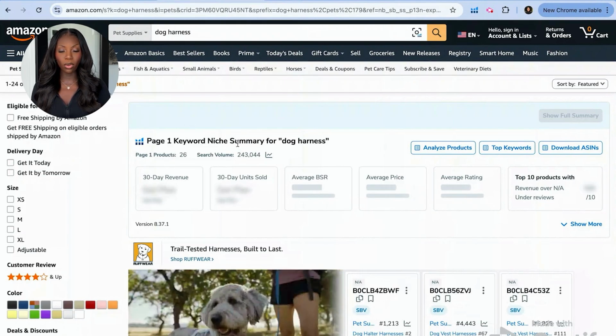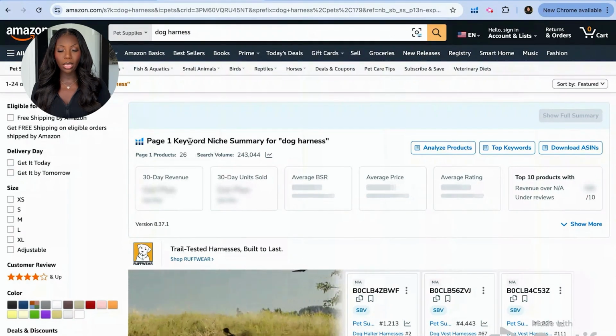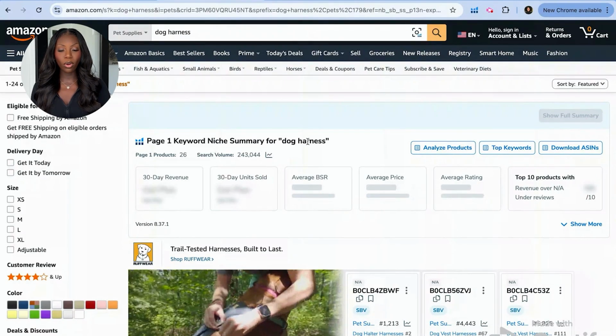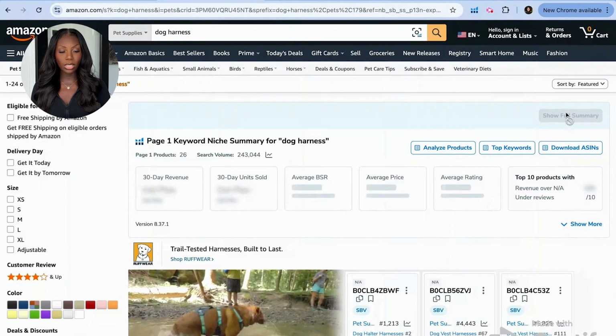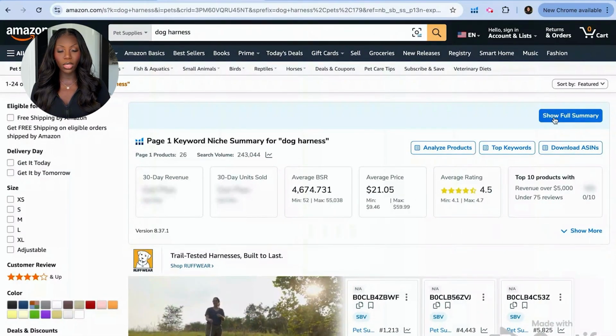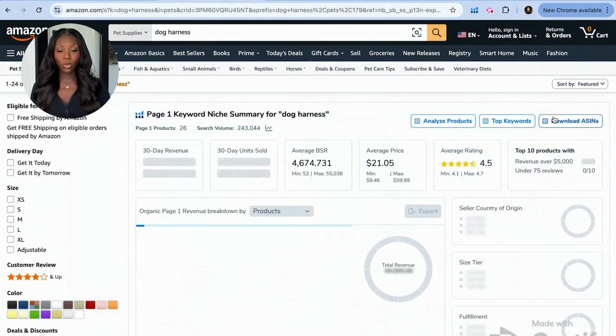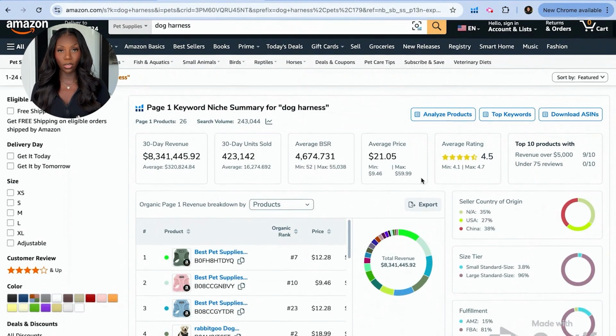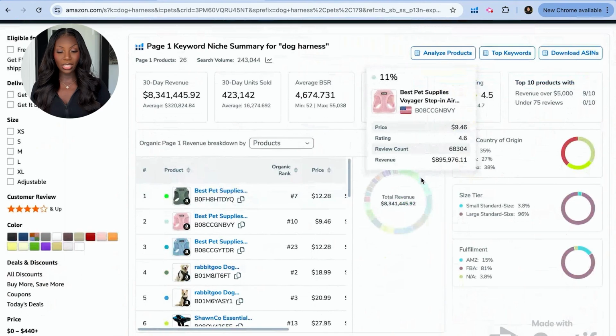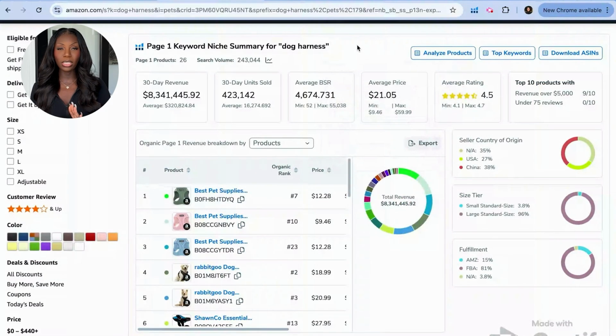I know that you can all see as well here, there is a page summary for dog harness, and it's blurred out. All you have to do is click on show full summary, and then everything that is blurred out will appear. So now we see a whole bunch of data points, and I know that this is going to seem a bit overwhelming. Don't worry about it. It's just meant to give you as much information as possible, and reading these data points will become easier as time goes on. So really quickly, I'll just walk through what you're looking at, which is that for dog harness,